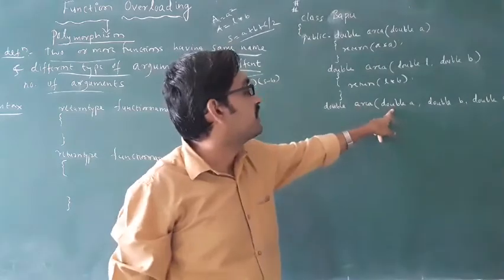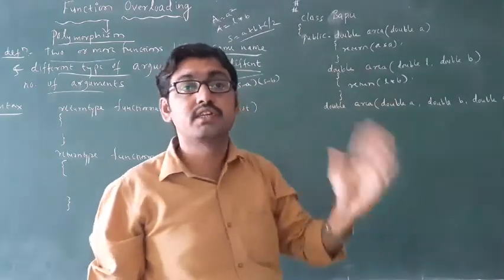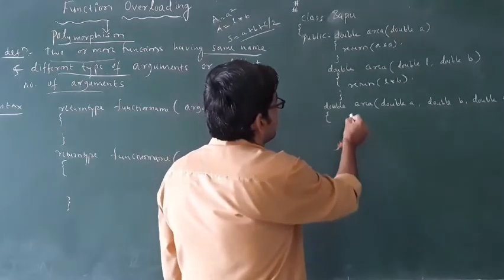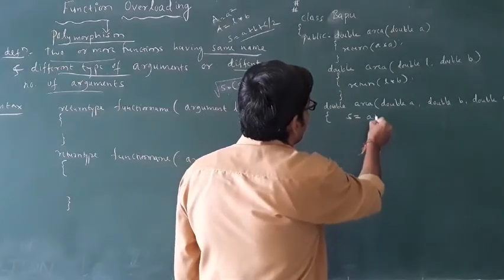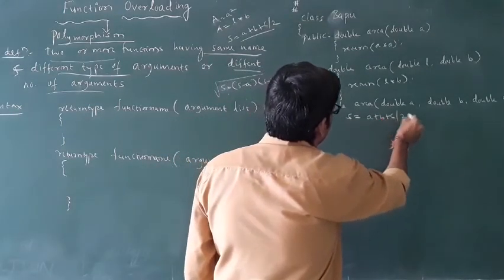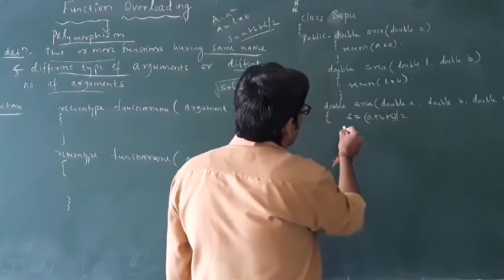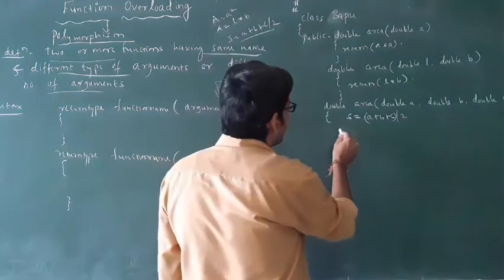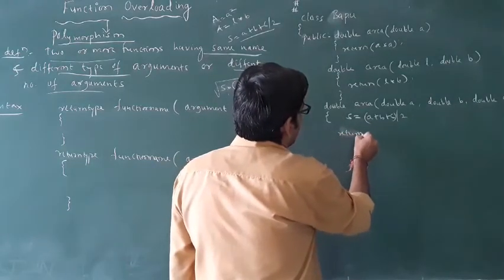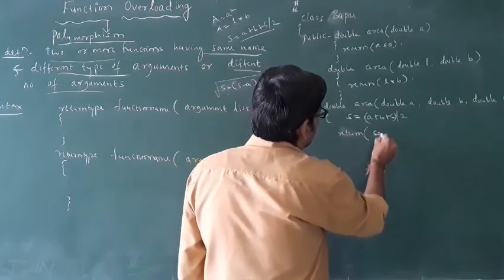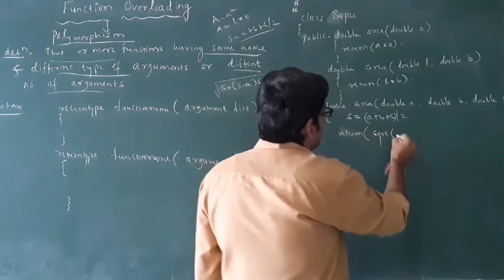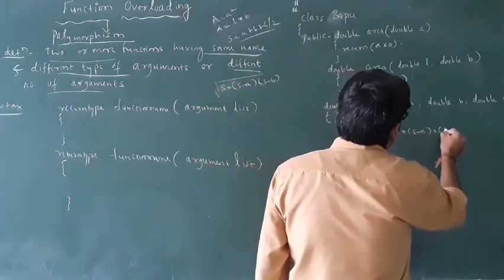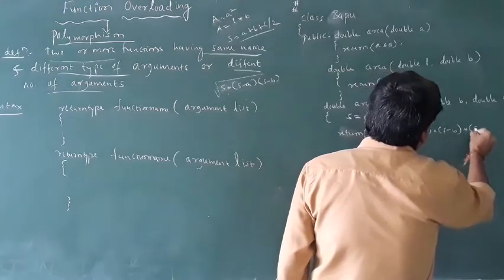Then here I am writing the formula S equal to A plus B plus C by 2. Then you know area equal to the return. I am writing return directly. Return square root of S star S minus A star S minus B star S minus